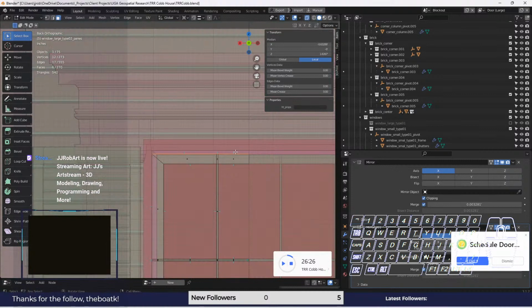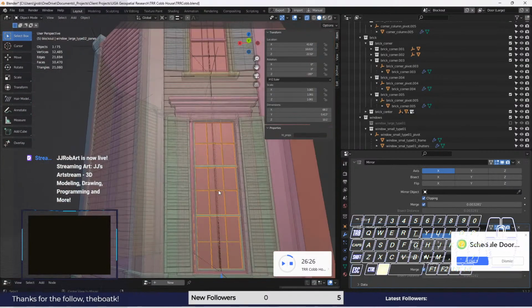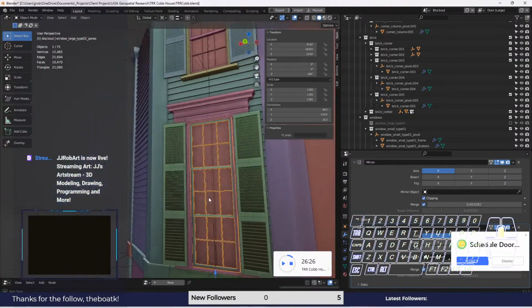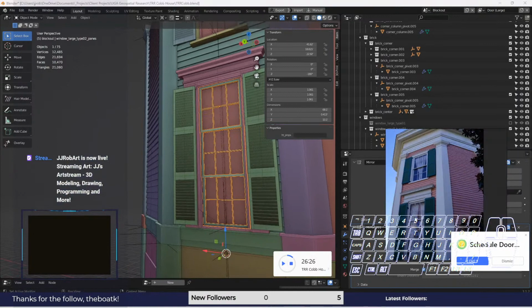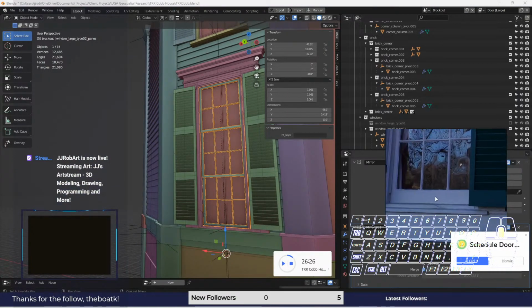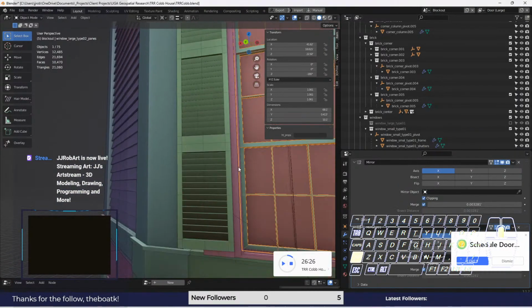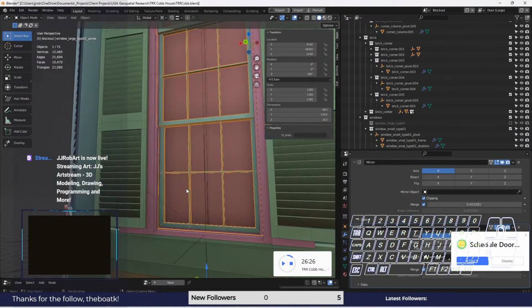Well, first off, let's just go ahead and snap this on the Z up there, and then this can move up a bit. Okay, and just see how that looks. At the bottom of the window here, this one, it does look like it has a much larger bottom. So